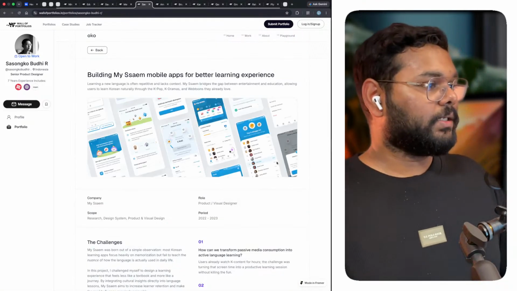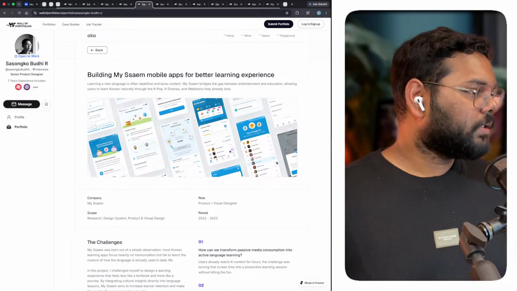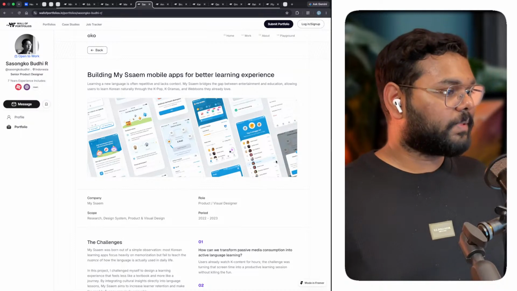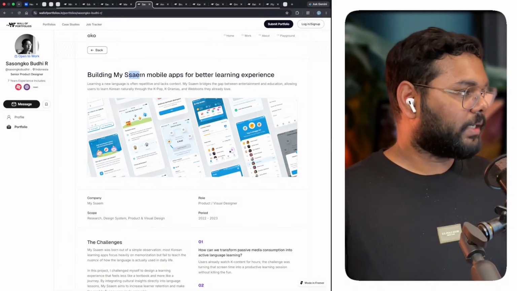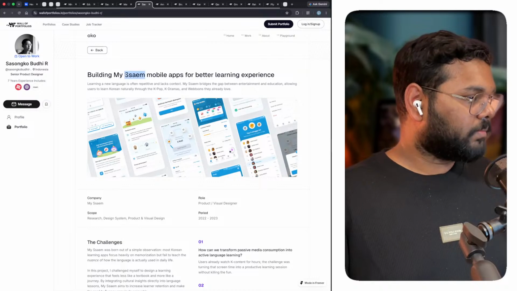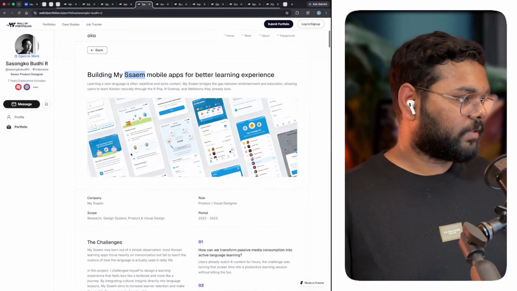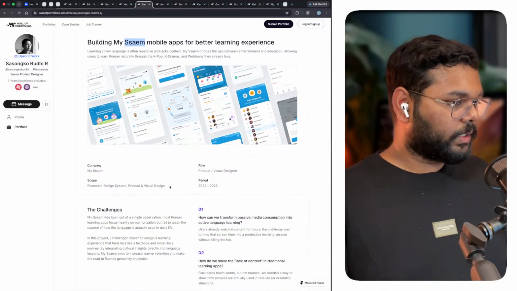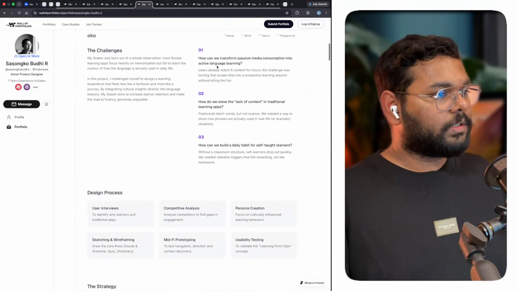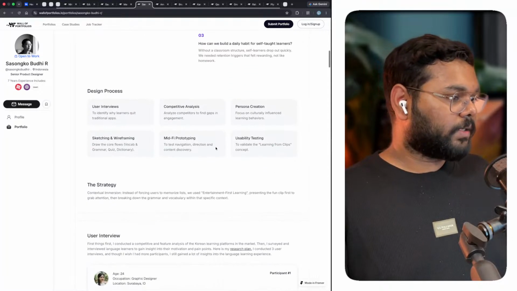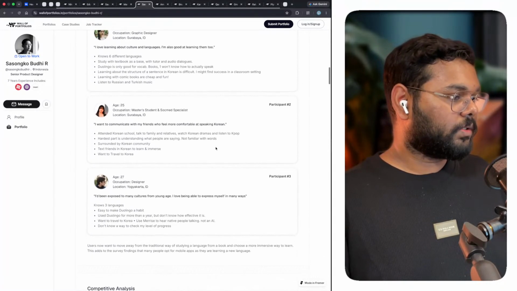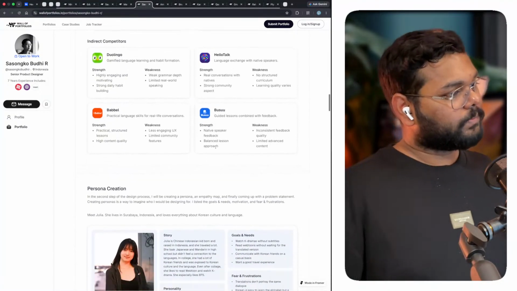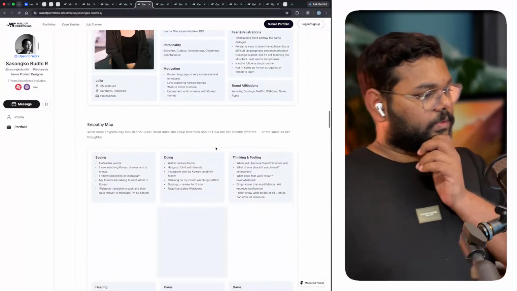So building my Sesame mobile app for better learning experience. Okay, so this is the brand name or the app name of an education platform or something similar. Company scope, okay. Role, challenges, okay. Design process, strategy, interview, okay. Competitive analysis, persona,